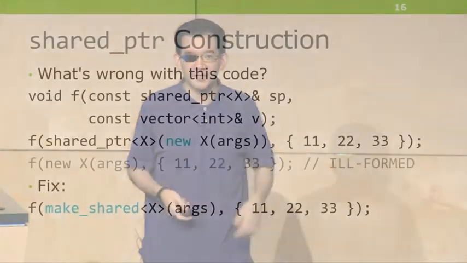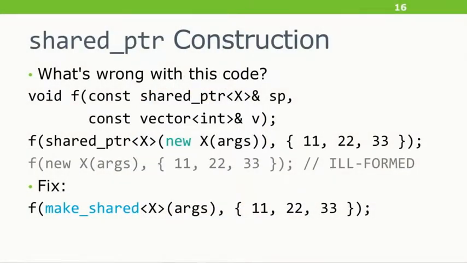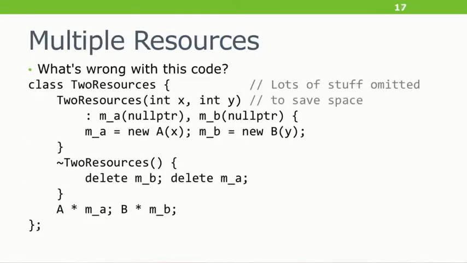Not only is this more efficient because it avoids storing extra information like we saw last year, but also it's less typing and it's exception safe. No matter in which order these arguments are evaluated, it will not leak, because the construction of the shared pointer and the new X are packaged together in a single function. If you read through C++'s rules going back to 98, this is strongly leak resistant, which is very convenient.